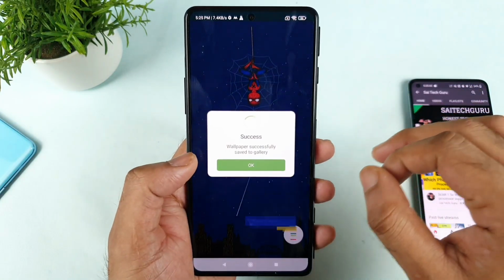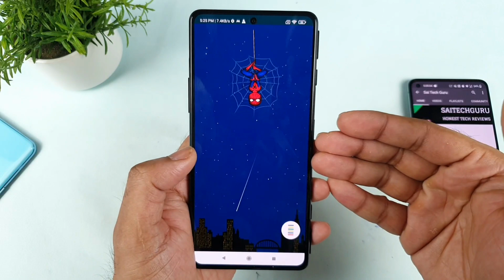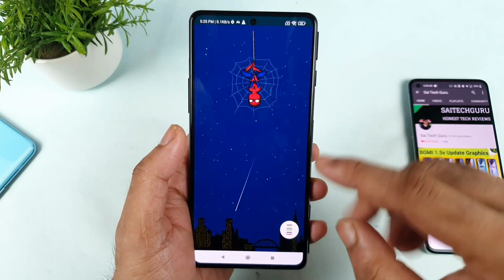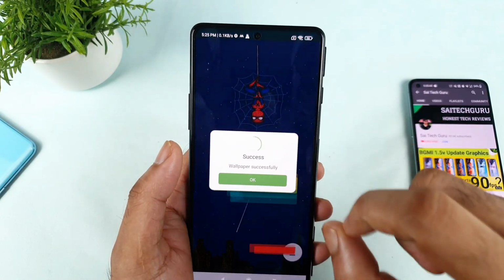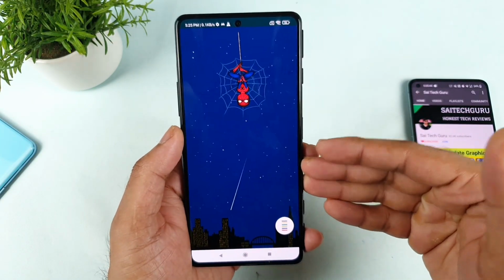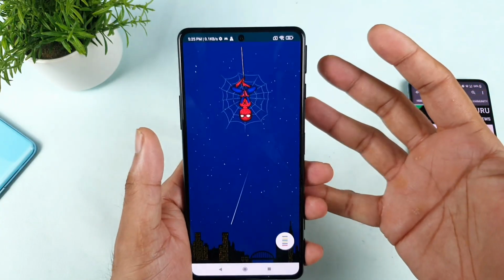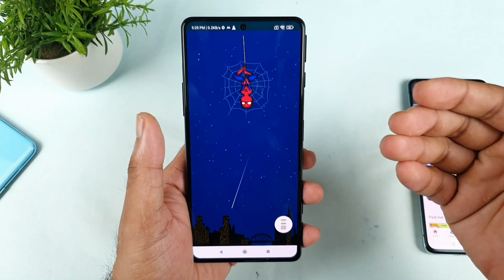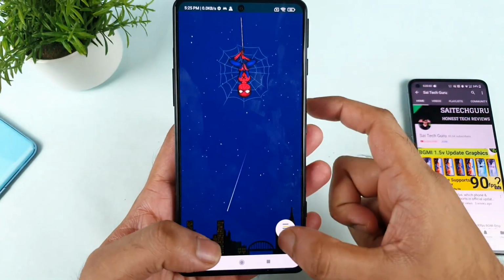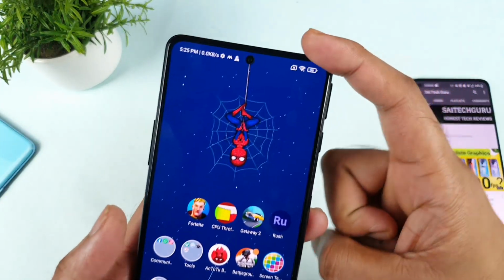For the free version you can actually download, and there are not many ads in this wallpaper application at the moment, as you can see clearly. It looks fantastic. This is the main reason why I like this wallpaper application. For a free user, you can download the wallpapers and there are not many ad videos coming in. That is the reason I thought of recommending this one, which looks fantastically cool, as you can see, friends.